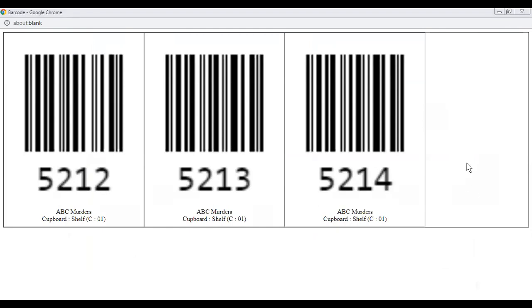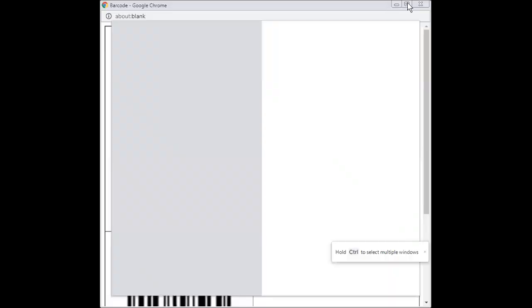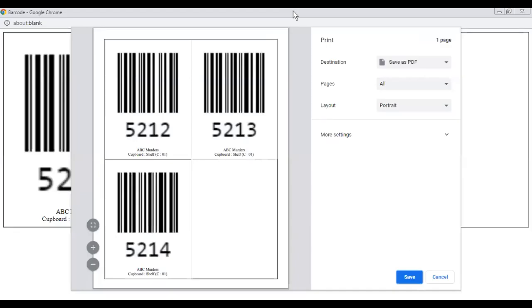Okay, one second, I have to close that and click on it again. Are you able to see the print view also now? Yeah, you can see.